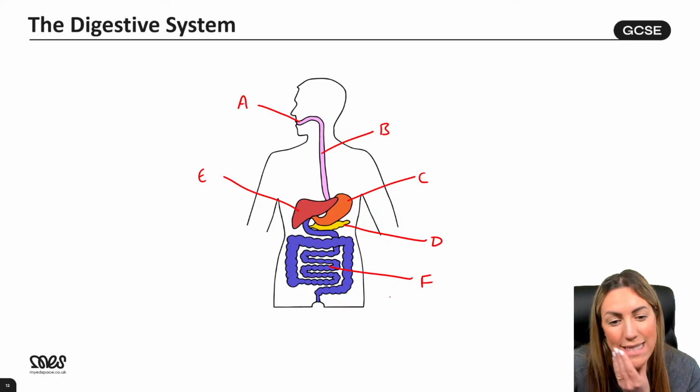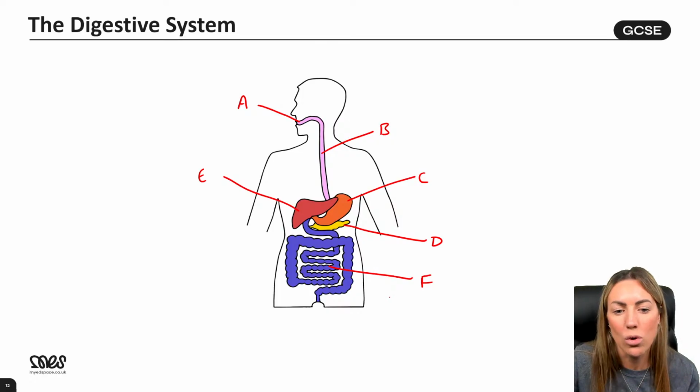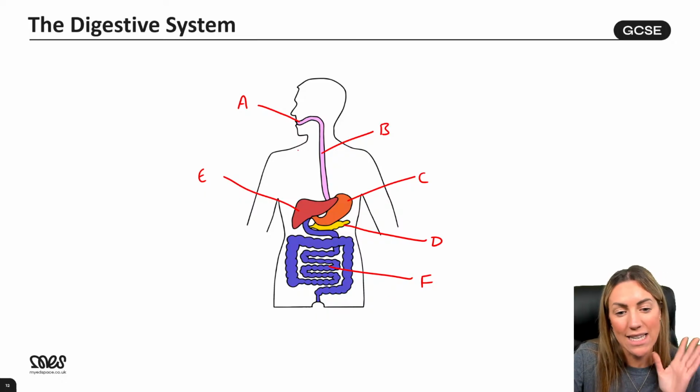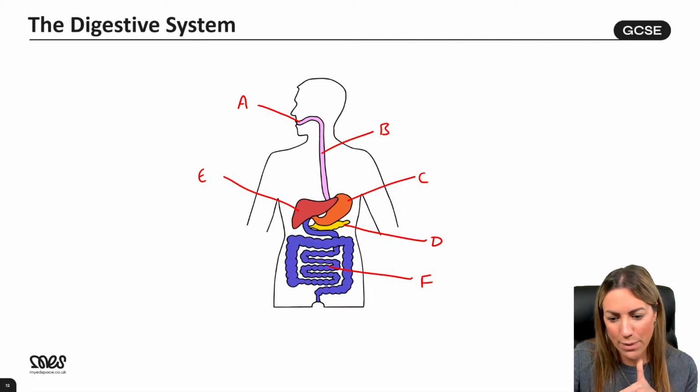Yeah, some water is absorbed in the small intestine and then more water is absorbed in the large intestine. Right, so get your answers into the chat. Let's just label it for now. This is the digestive system. We're moving on to digestive system and enzymes. We'll label it and then we'll go through the different enzymes where they're produced.